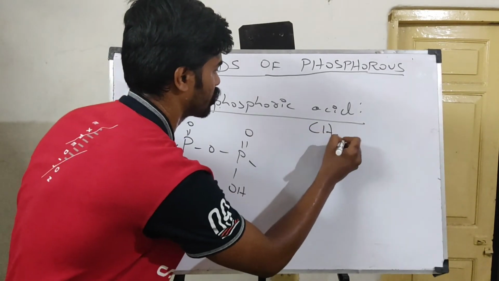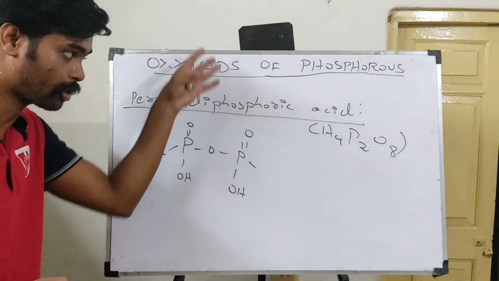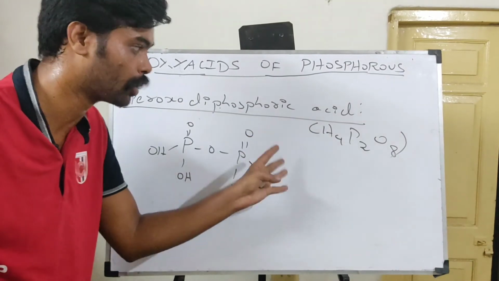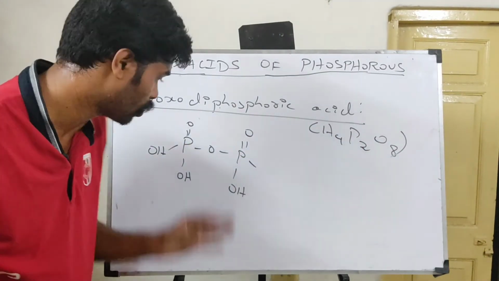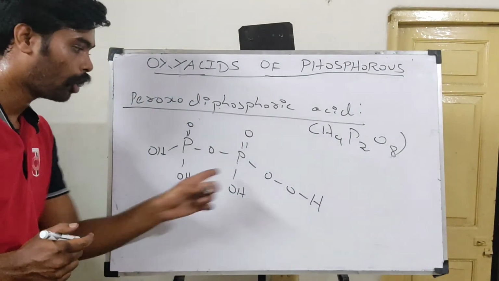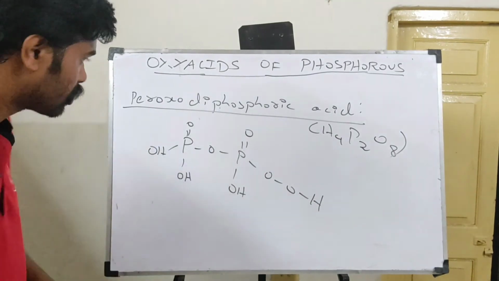Okay, the formula is actually H4P2O8, right? So you can see the numbers are gradually increasing from H4P2O6, H4P2O7, now it is H4P2O8. So here I'm going to have an O-O linkage indicating that I'm going to have a peroxo bond, right? Now the last of all acids,